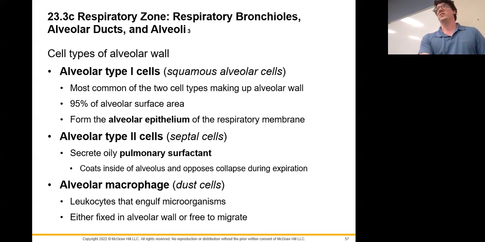Now, in the alveolar walls, we have three major cell types. We have the type 1 cells, which are the most common. These are the squamous cells. This is where we're doing our exchange. We have these type 2 cells. These are fun because these secrete a surfactant. This is going to be important